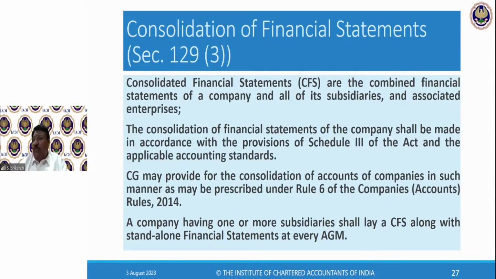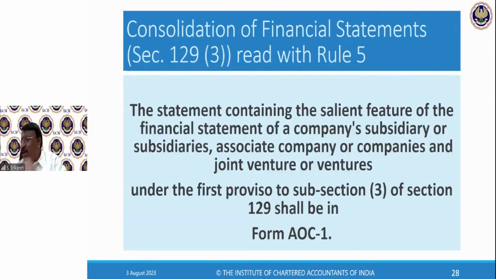So the company shall lay a CFS, that is consolidated financial statement, along with standalone financial statements at every AGM. Yeah, many of you have put AS 21. So majority wins, no? I don't know. Once I complete consolidated financial statements, I'll tell you one interesting anecdote from my life, which could make you feel, hey, this guy is teaching me like that. But I will tell you anyway, as a disclosure, not now, after this.